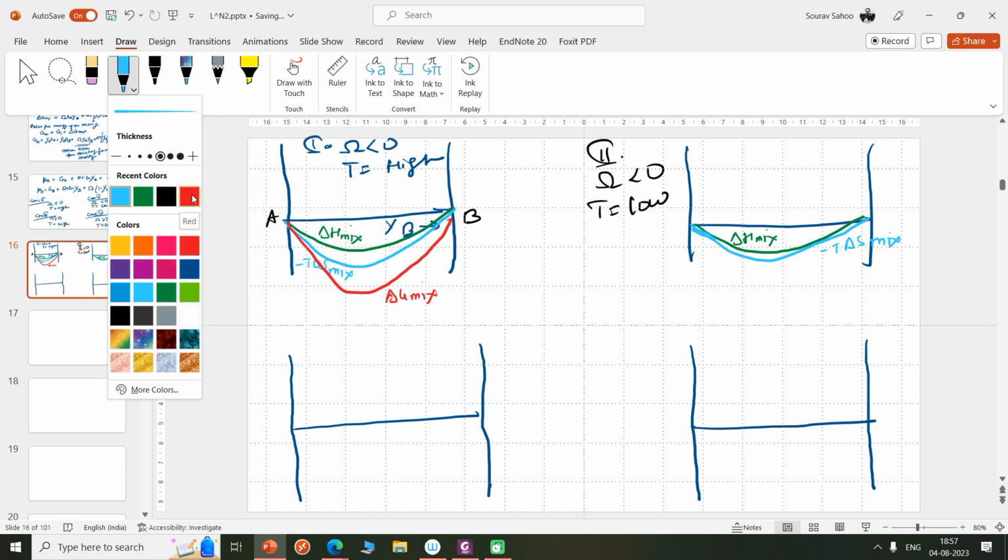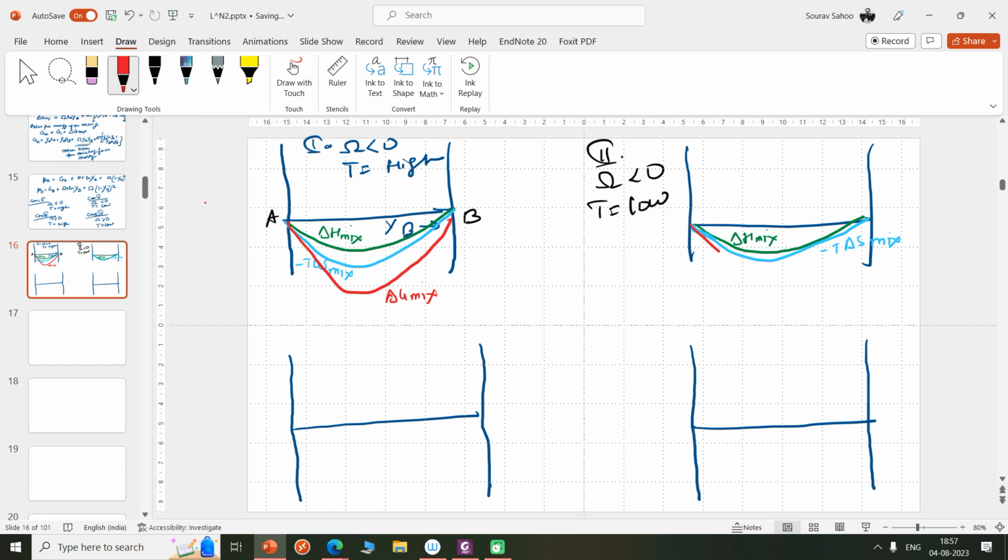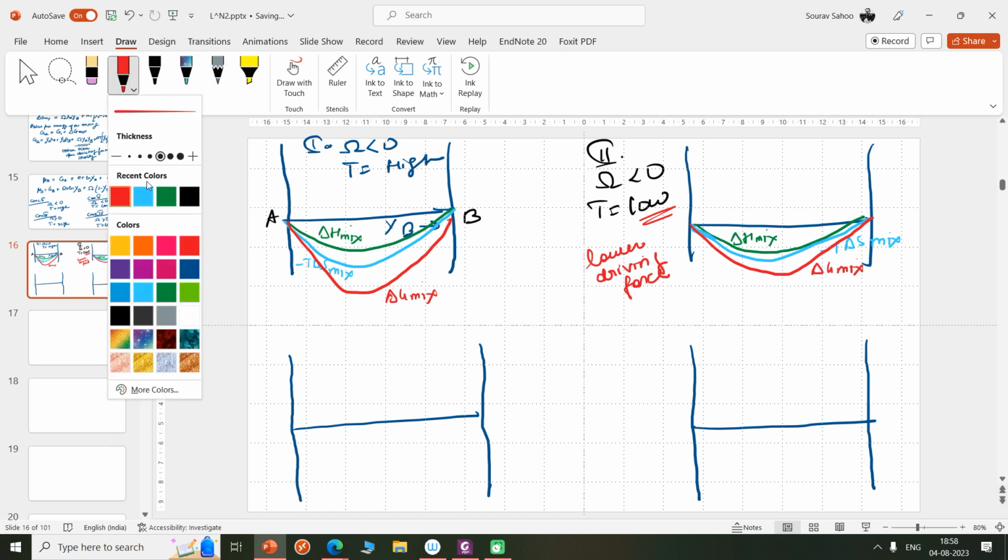And as a result, my free energy will change with the solution, and also going to be shallow. So it will have lower driving force as compared to this one, because the temperature is lower, right? Because the temperature is lower. So similarly, we see what will happen in the case when